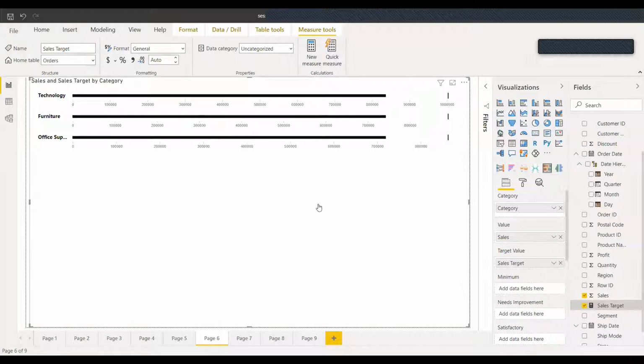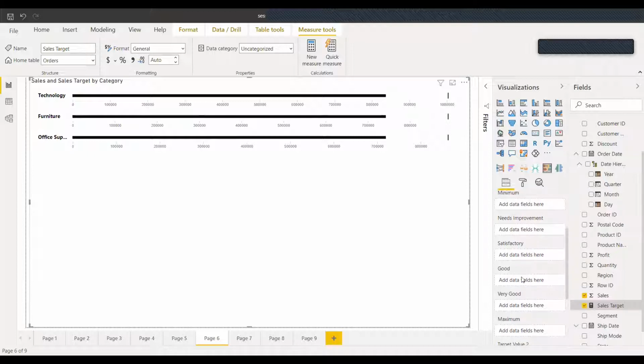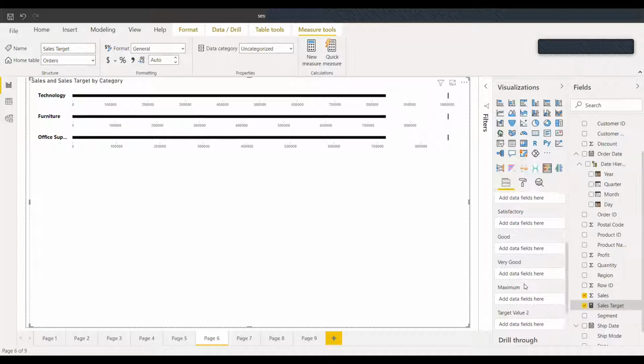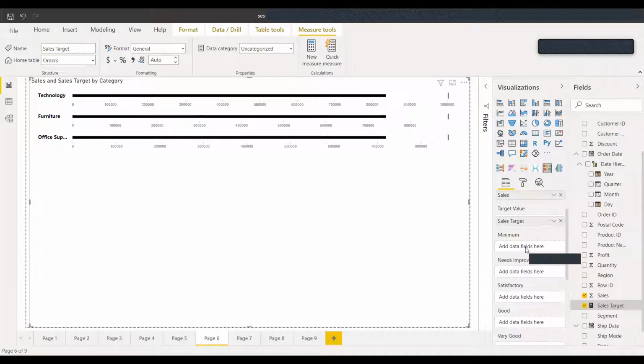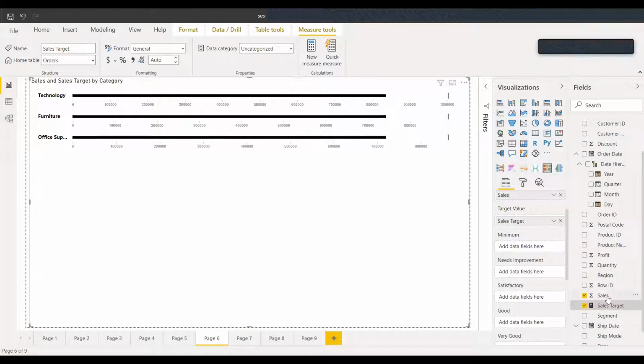Now what if you want to visualize the minimum amount of sales that you want, how much would need improvement, what would be a satisfactory percentage, what would be a good percentage, and what is the very good maximum. Basically, for any sales data, if we have various target values, we can just import them.